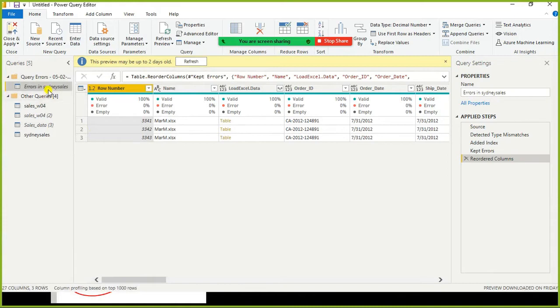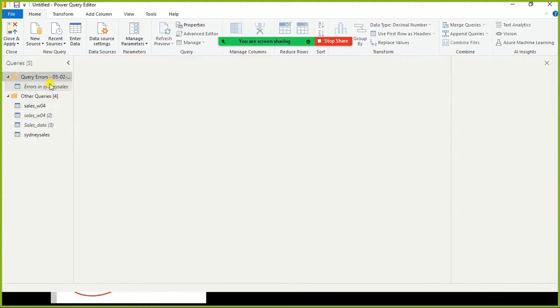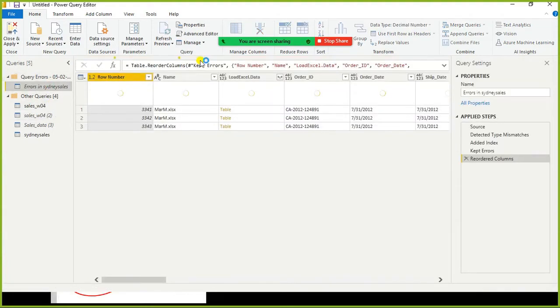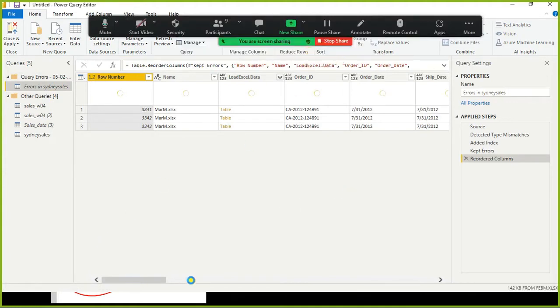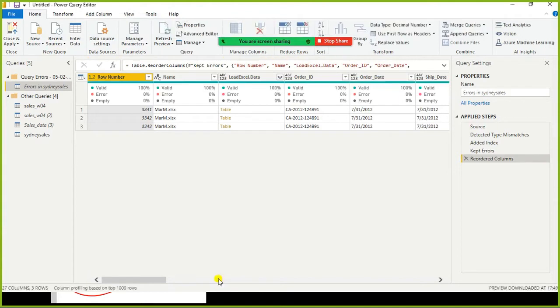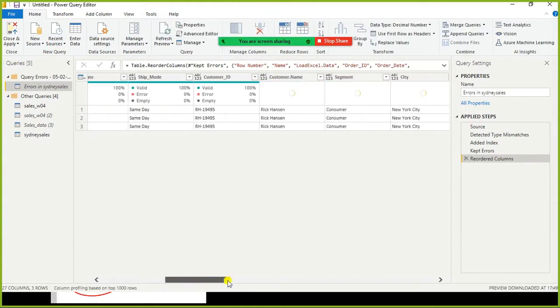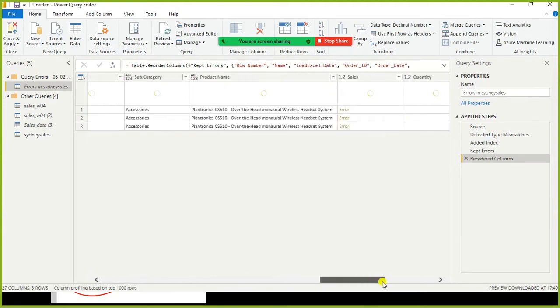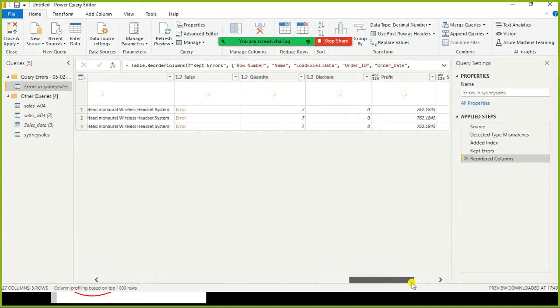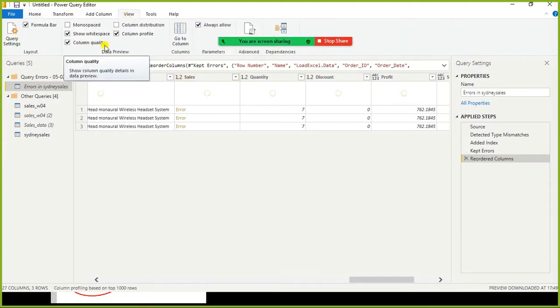And here, error in Sydney sales. What is the error here? See, the sales column, it was not showing any error, right?